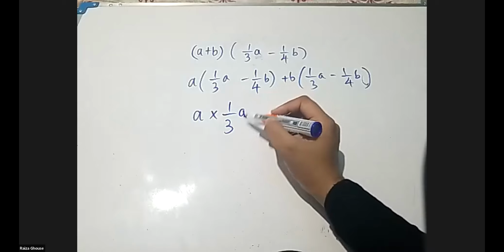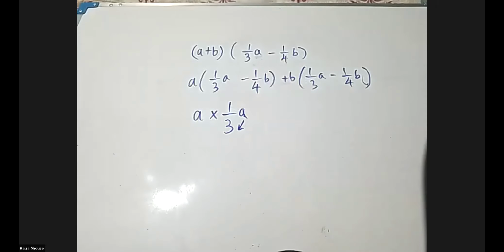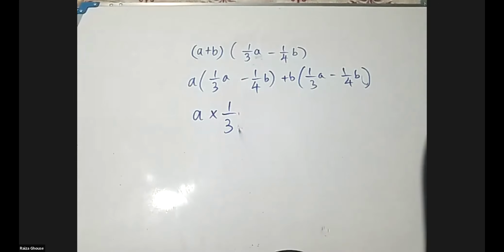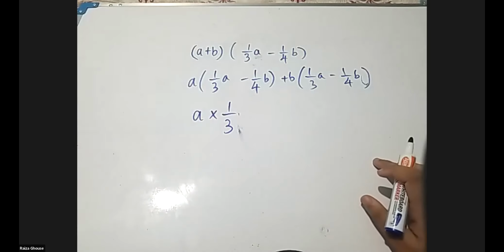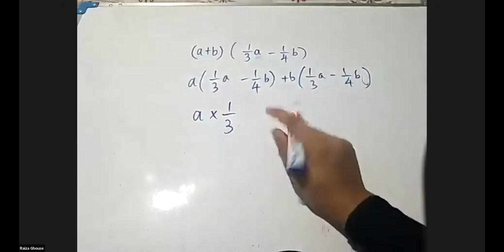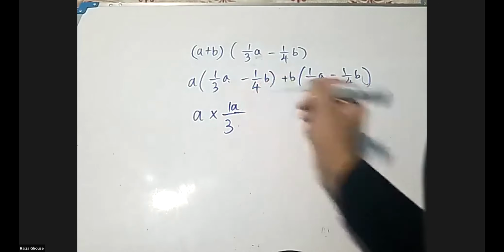This part is not clear for some children. Some are thinking this A belongs to 3. Some think A belongs to 1. Children, A is actually belonging to... I think now the board is clear. Is the board clear? Clear, miss. Okay. Yes, A belongs to the top part. 1 times A is A. So A belongs to the top part. I'll write it like this.